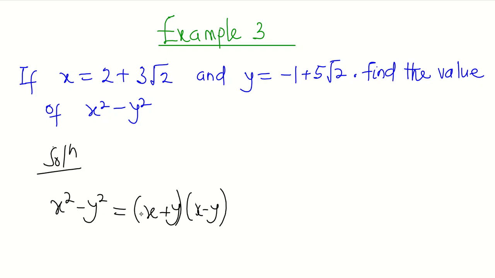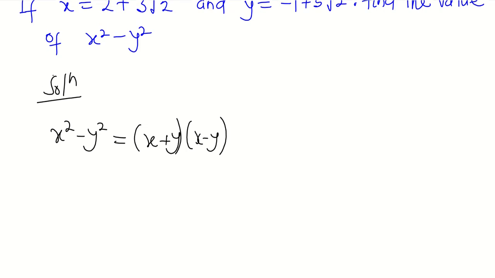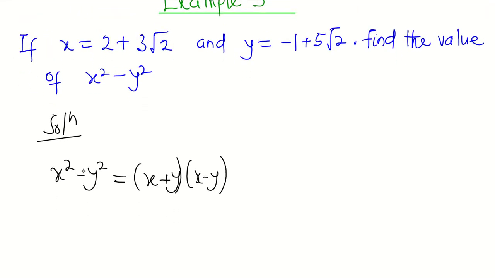Now having known this, without doing direct substitution into x squared minus y squared, we can break it down to this and then do the substitution here, because that is the easiest step we can use in order to get the value of x squared minus y squared. Now doing that quick substitution then means that our x squared minus y squared is equal to